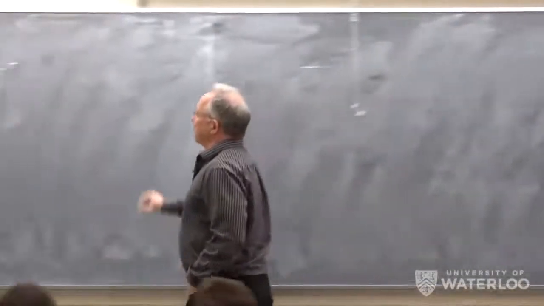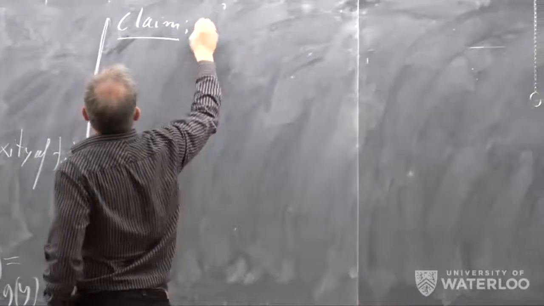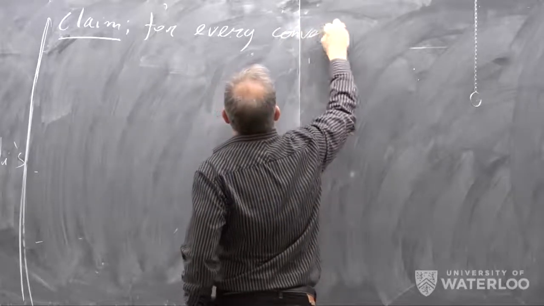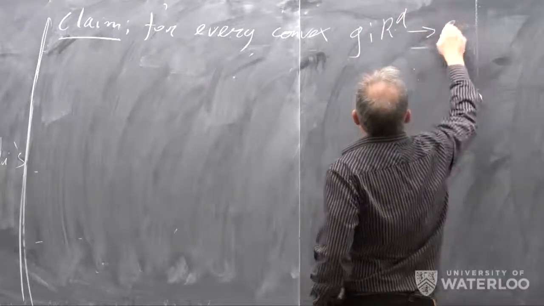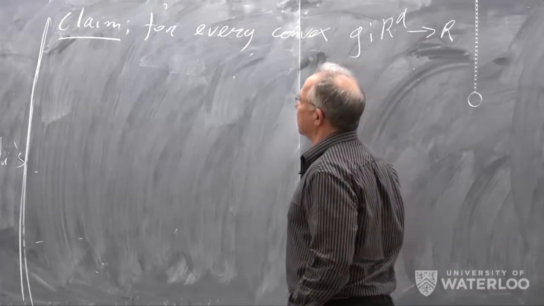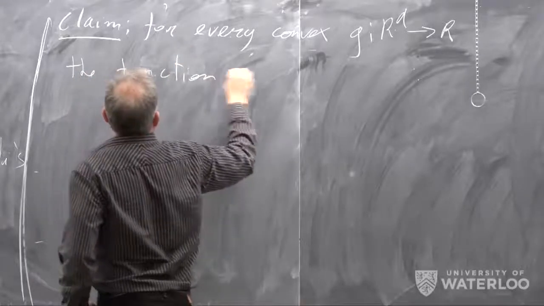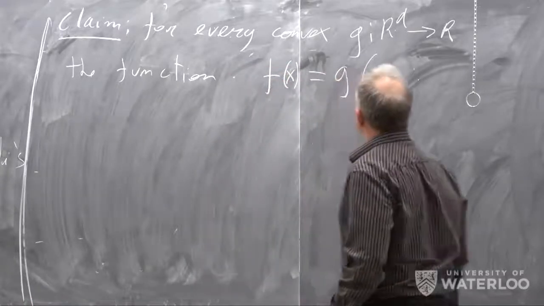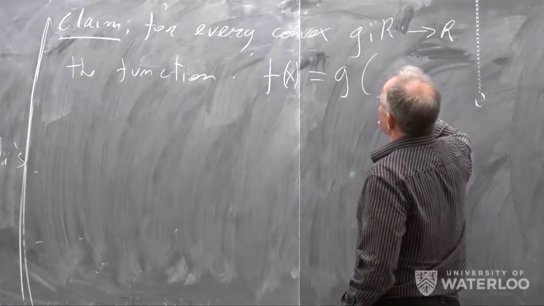So now what I'm claiming is, so another claim, for every convex g going from R to R, the function